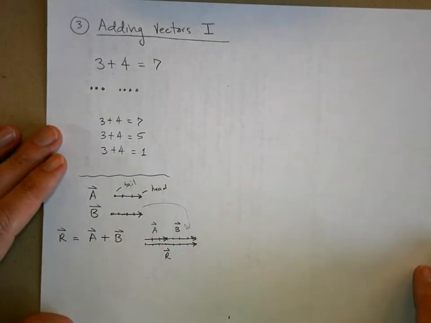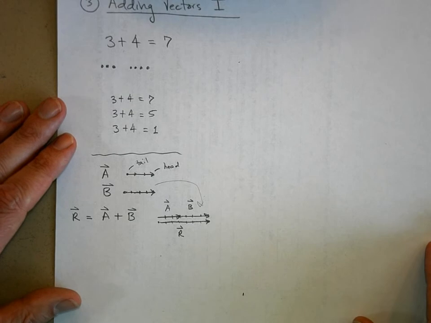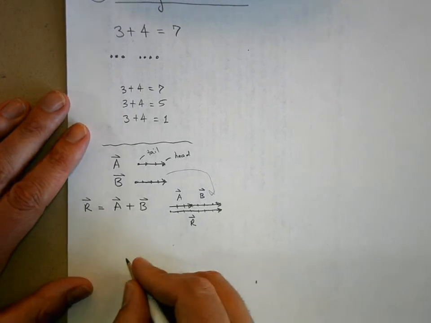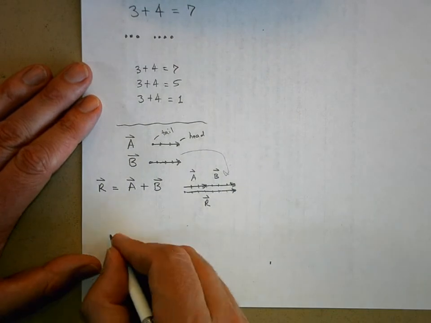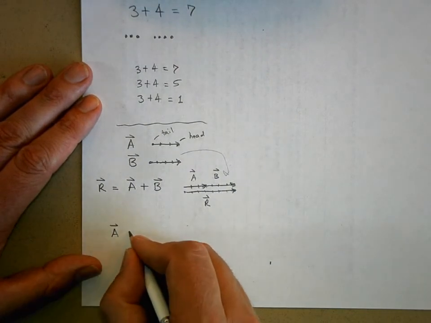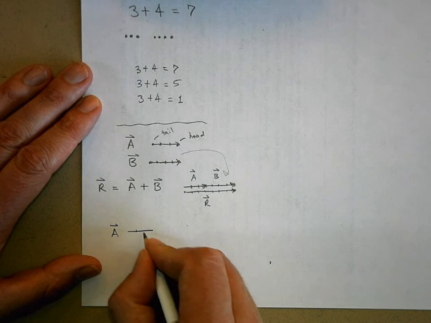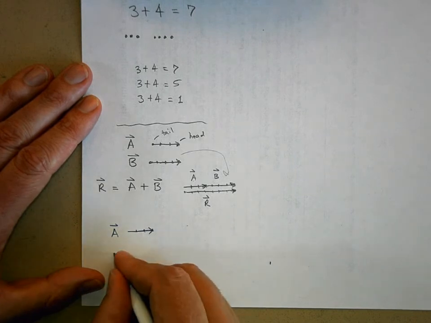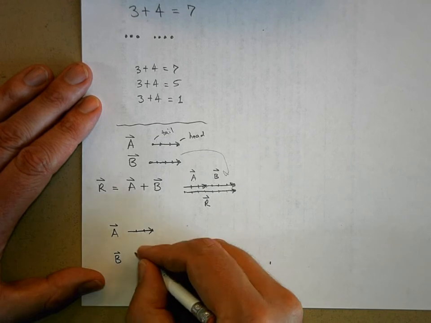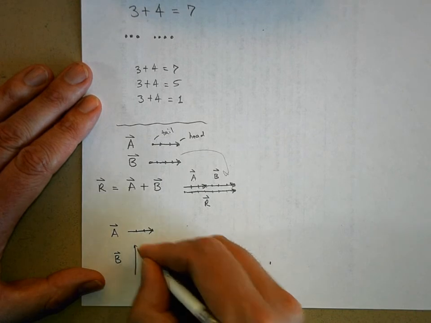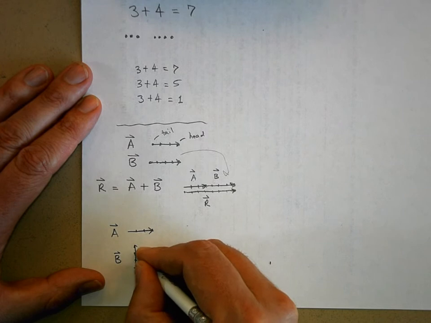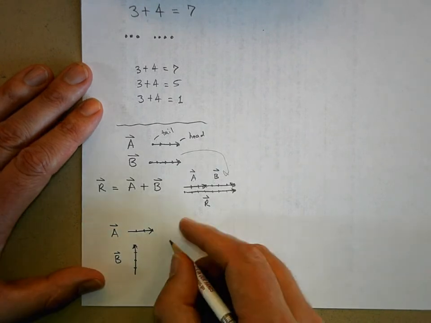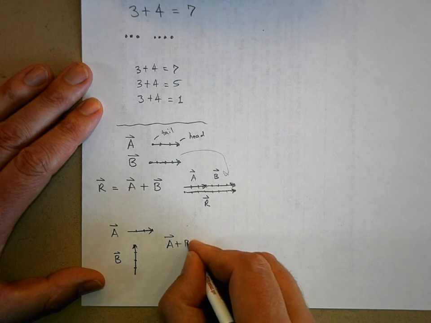But what if vector A and B are in different directions? What if we have this situation? Let's say A is the same as we had before. So 1, 2, 3 units long. But now vector B is going to be straight up and down. So 1, 2, 3, 4 units long. Now if I go A plus B,